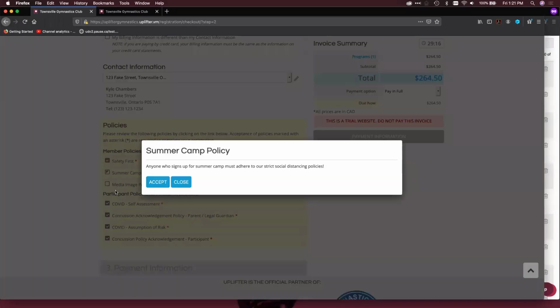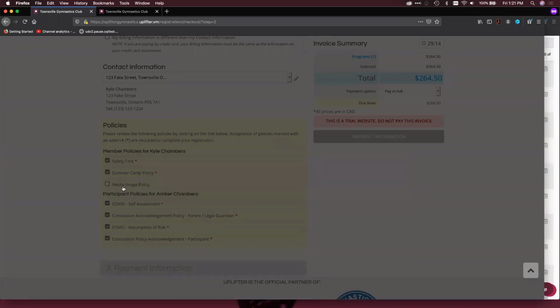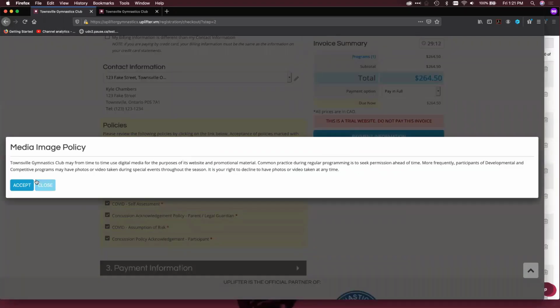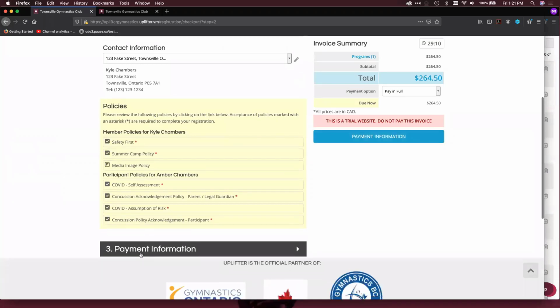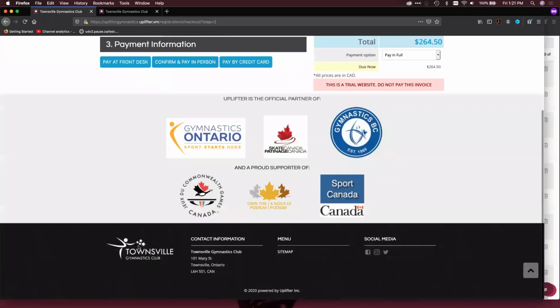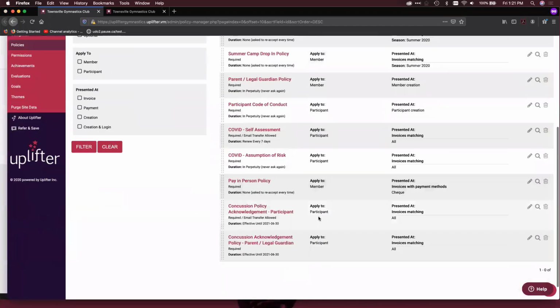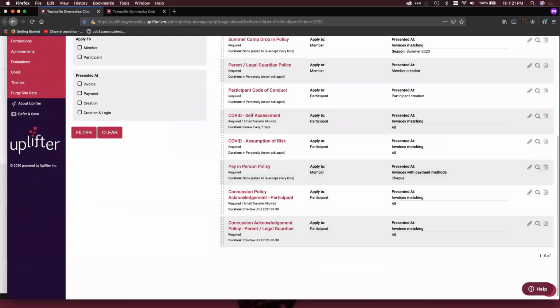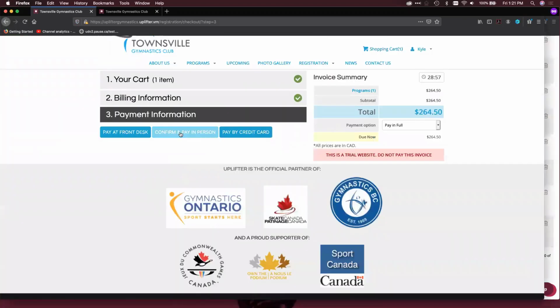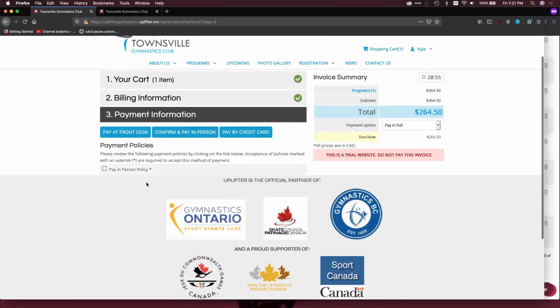I'm going to show you as well what the payment policy looks like. Close this. I'm going to reject the media policy because I don't want my picture taken. When I go to payment information, I had created earlier a payment policy here, a pay in person policy. If I select confirm and pay in person, the policy will be presented to me, and it will only show that to you if you select that payment method.